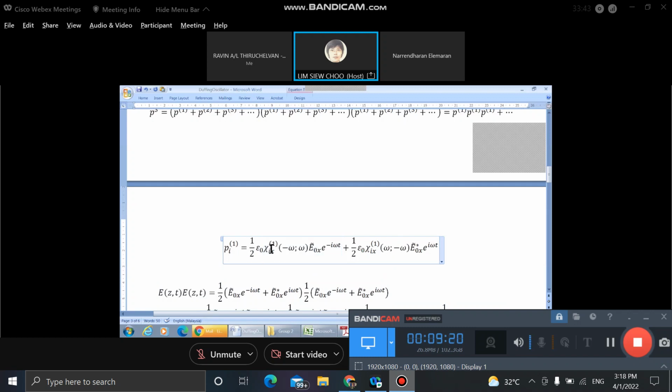When you write like this, then things are perfect. So the chi for the complex term is like this, and this is the conjugate. You can see how I write. The negative omega is here, and the sign here is a semicolon, not a comma, semicolon. And the positive here